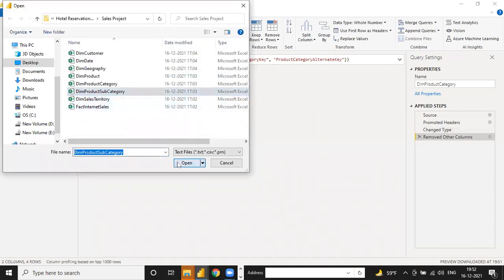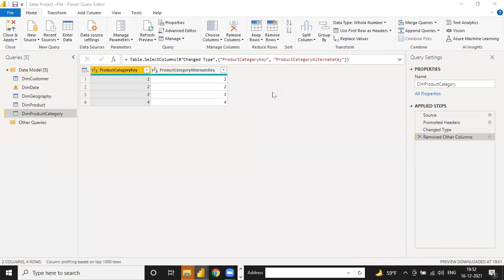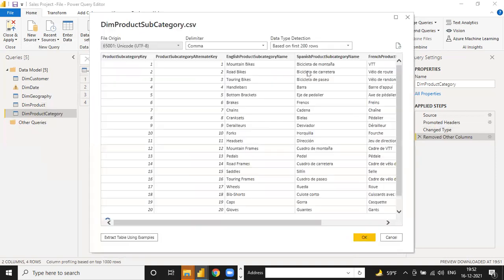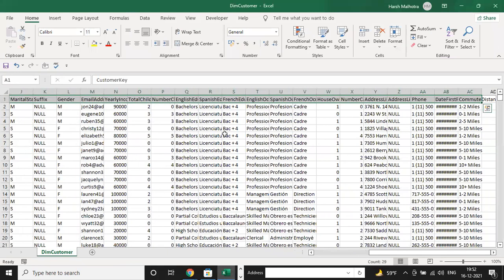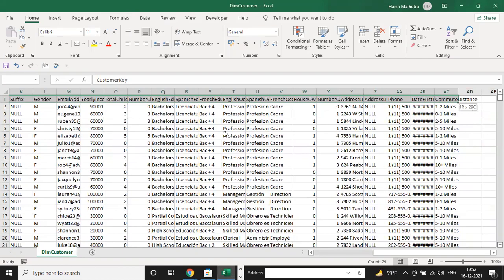So if I select this, you are asking about this one, based on the first 200 rows. Yeah, it is that. Suppose you select any table, the above 200 rows are the same for all the columns, because you have similar column data. Suppose in your file, the same column goes from AC, AD, AC column.